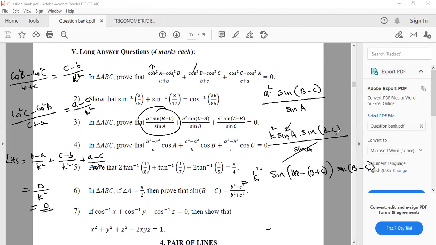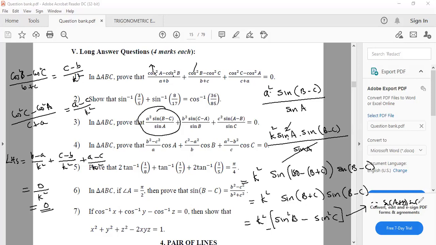I told you whenever B minus C comes, what should you do? Not 180 minus A, it is 180 plus A. No. Whenever you come across sin B minus C, bring a sin B plus C. Above, what will this become? Sin square B minus sin square C. You have to write its reasoning. Since sin of A plus B into sin of A minus B is sin square A minus sin square B. So the first answer is found.